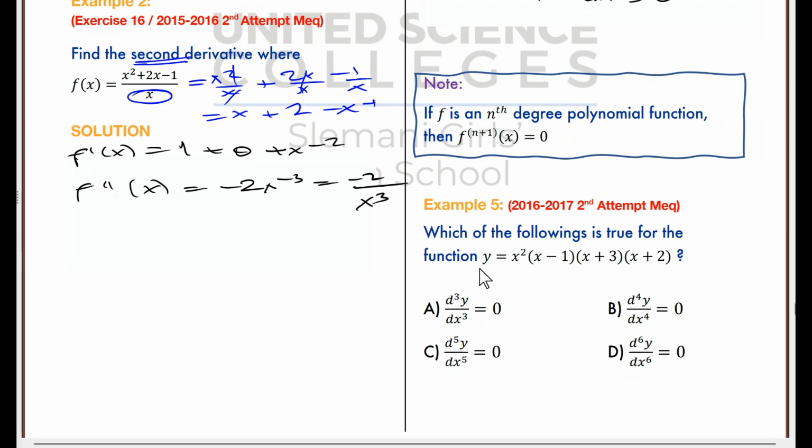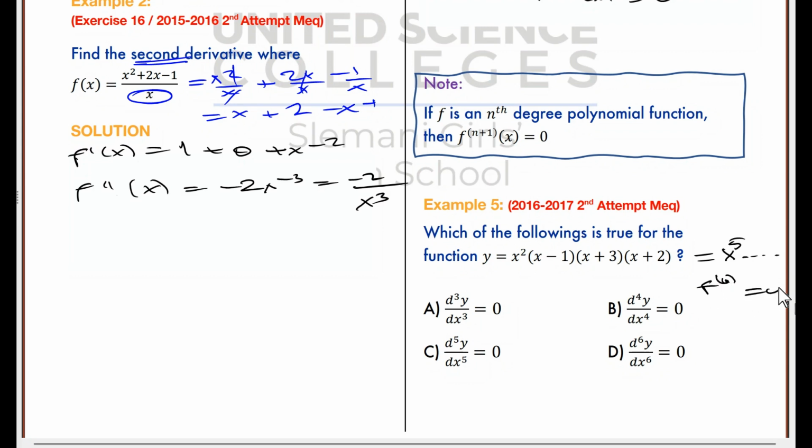Which of the following is true for that function? A mystery question. What is the degree of this function? 2 here, 1 here, 3, 4, 5. So it is a fifth degree polynomial. We don't need to expand it. It takes time. It is not necessary. We just need to identify the degree. This is fifth degree. So after 5, according to this note,